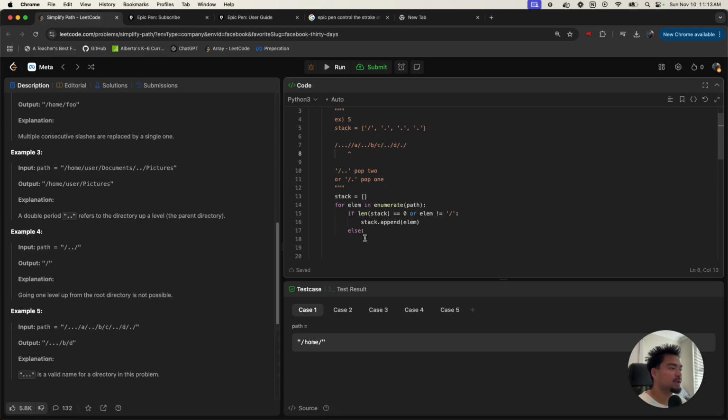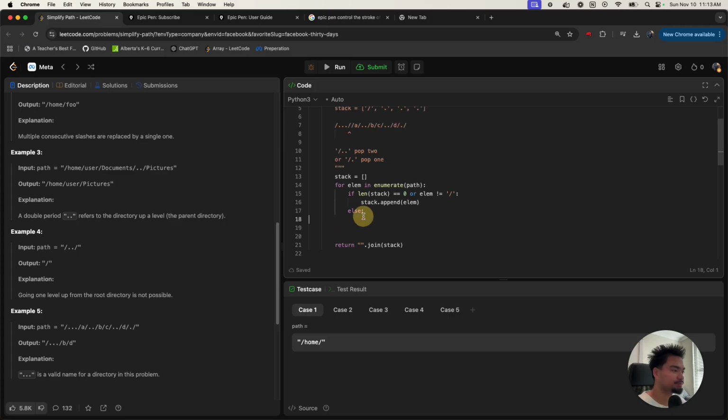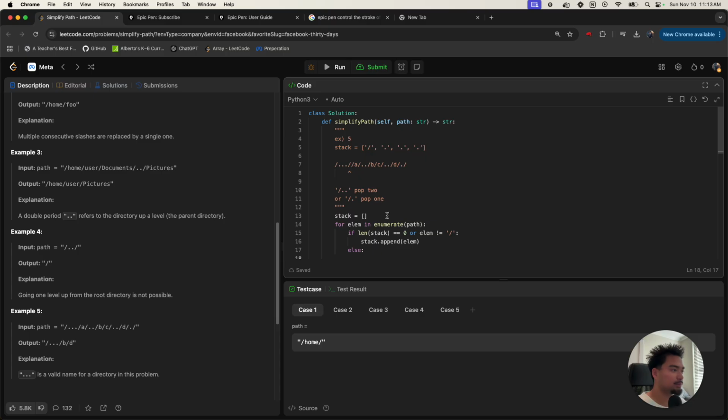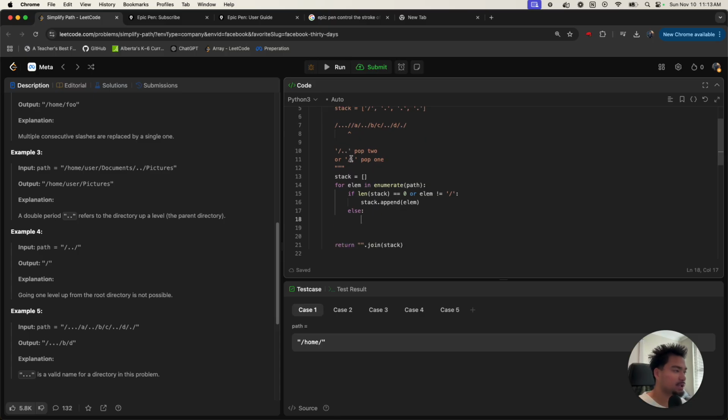We need to check if the last two elements are... okay, now we do have a forward slash. So what we're going to do is actually check. We're going to either pop 1 or pop 2 depending on this. So we pop 2 if